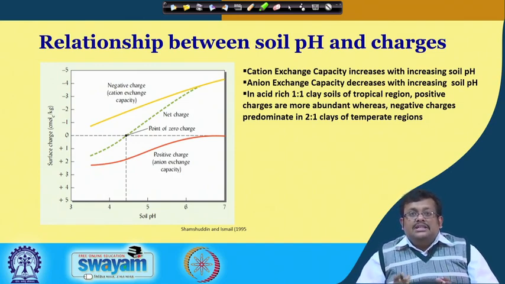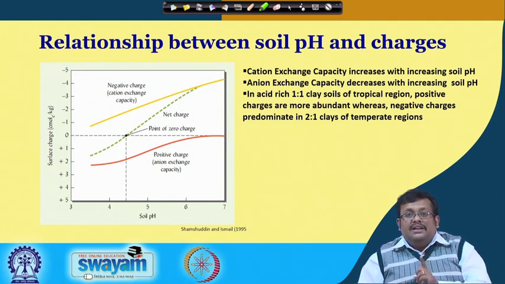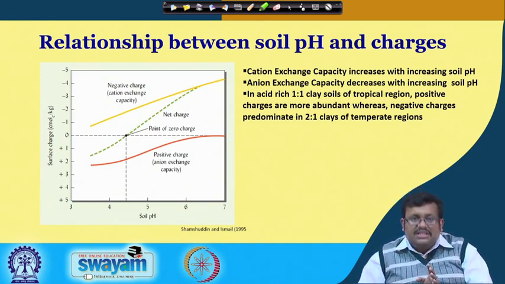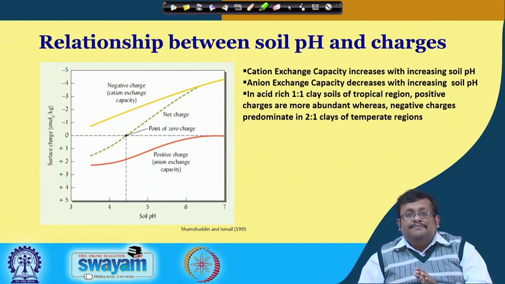Cation exchange capacity is the ability of soil to absorb cations from the nearby environment, whereas anion exchange capacity is basically the ability of soil to absorb anions from the nearby environment. Remember that since cations are positive, negative charge has to be developed over the soil surface for their attraction, and electrostatic attraction forms between these cations and this negatively charged surface of the clay minerals.